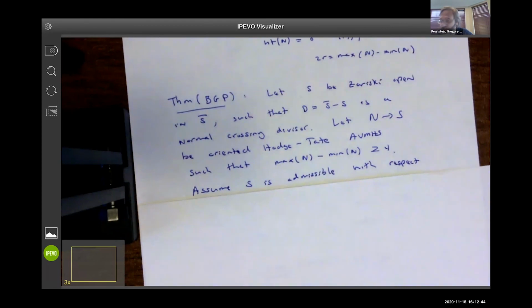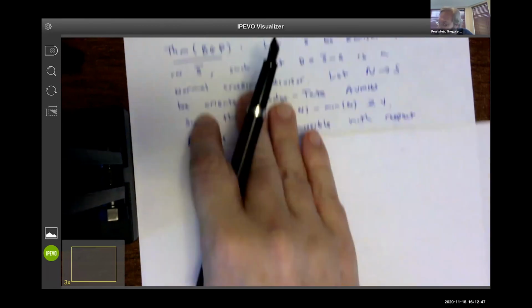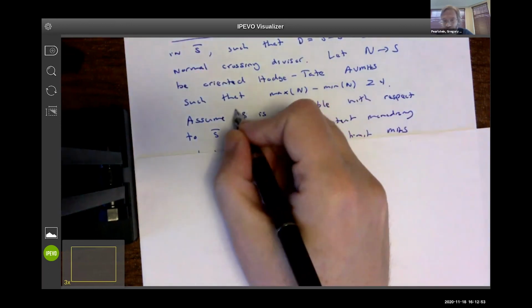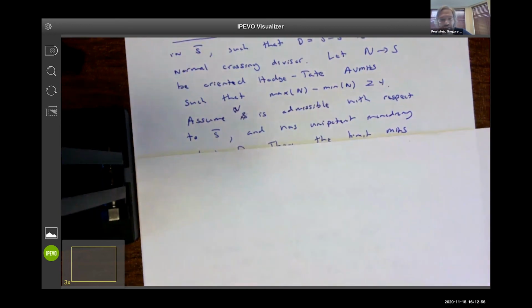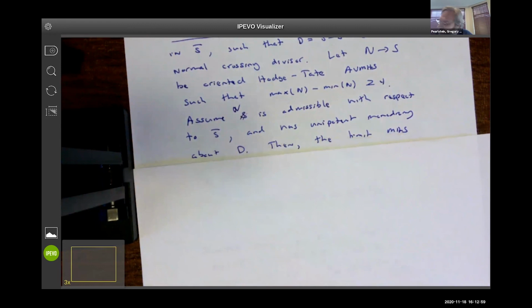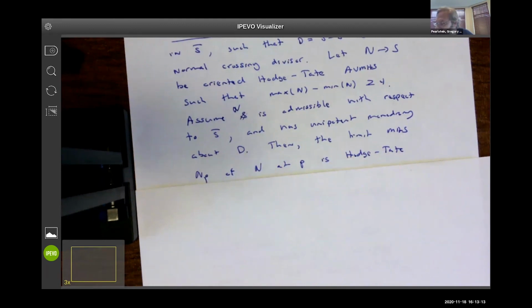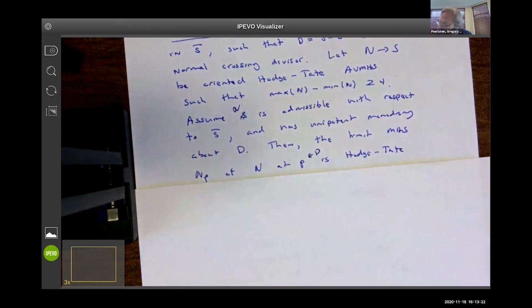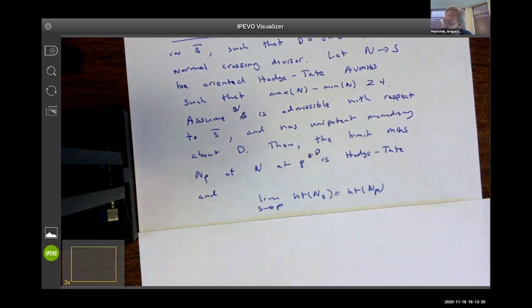Then I want to assume that V is admissible with respect to S bar, and it has unipotent monodromy about D, and so then the limit mixed Hodge structure is of Hodge-Tate type at some point P in D. And so what we prove is that